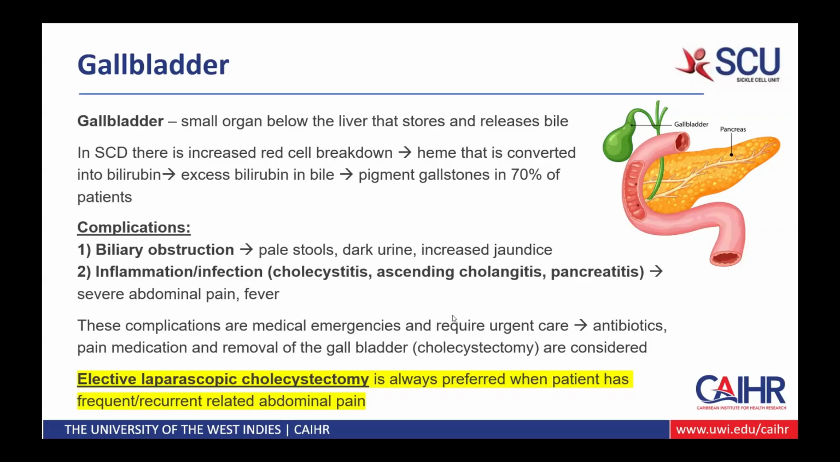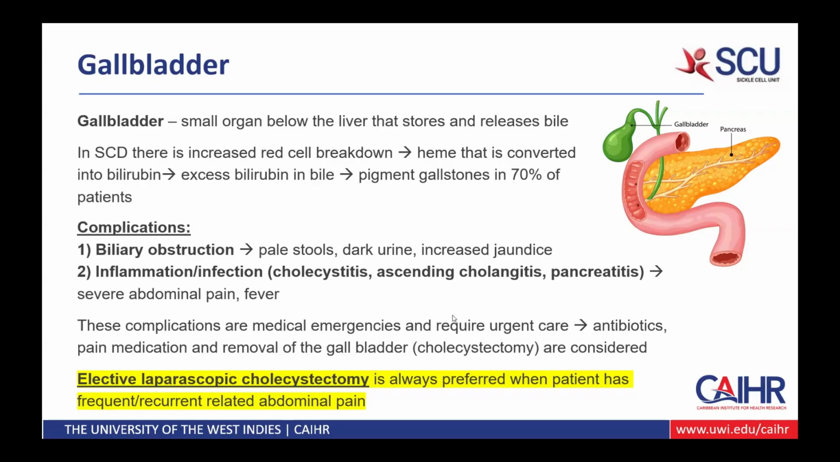As I've mentioned, all of these complications, they're very serious, and you would need to go to hospital immediately, where they will give you antibiotics, pain medication, and also consider removing the gallbladder. So the important part for this discussion is that